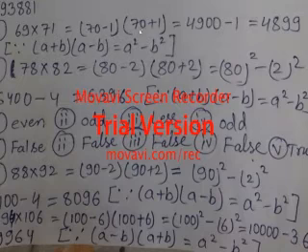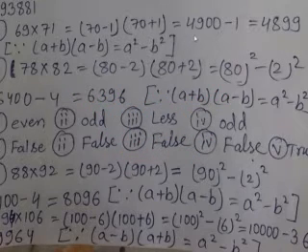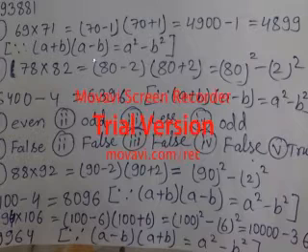So a² of 70 means 70 × 70: 7 × 7 is 49, and with the two zeros, 4900, minus 1, it becomes 4899. I have written the formula that (a + b)(a − b) = a² − b². You can even write (a − b)(a + b) in multiplication, just like 2 × 3 and 3 × 2 are the same.